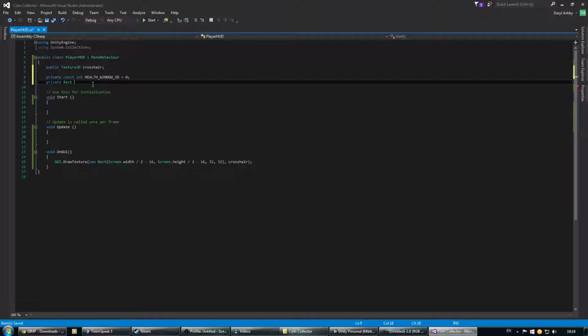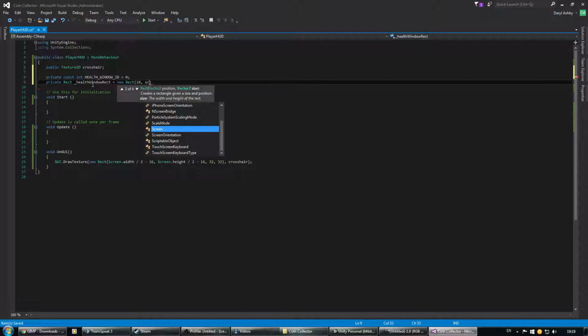I believe it's called underscore rect equals new rect, and the position I want this, I want it 10 from the left, screen dot height minus